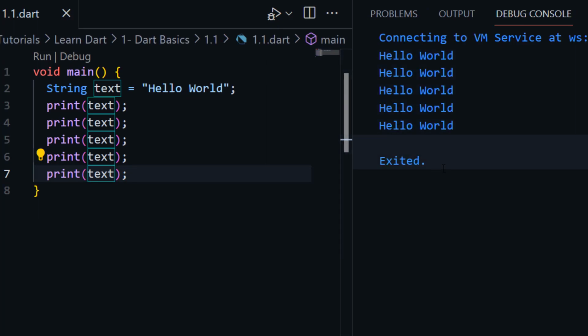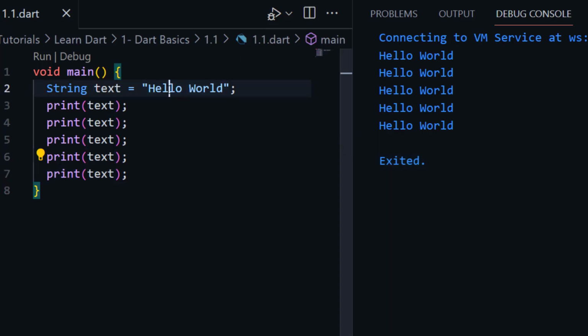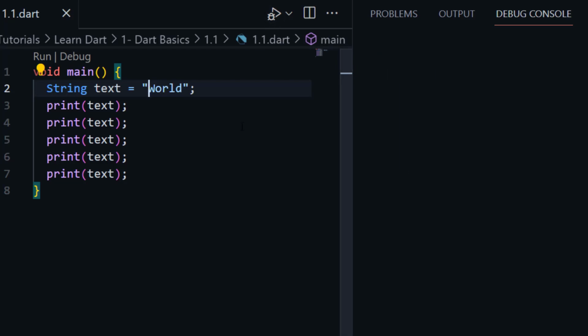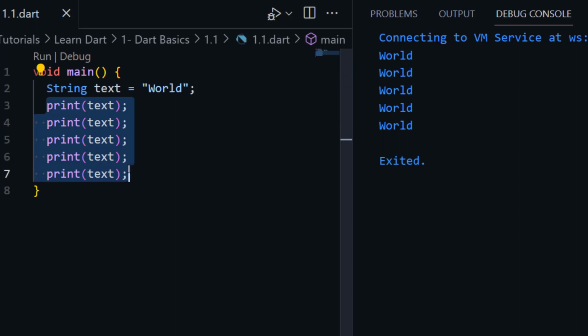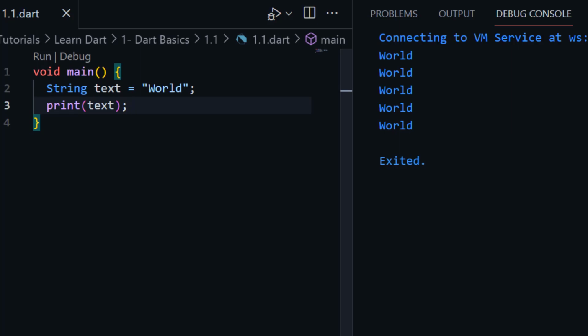Now for example, I have a requirement to remove the word hello from this string. I will only delete this hello from here and it will automatically change everything in all the places. This is the importance of the variable, right? That is why we use variables. Now there are different types of variables. If you see here,